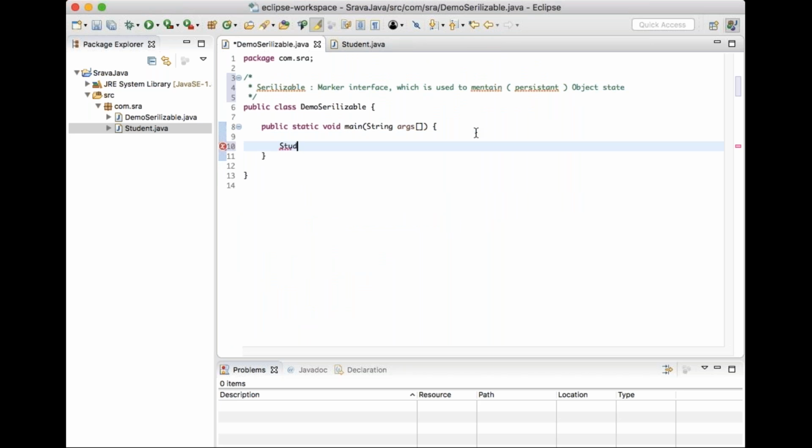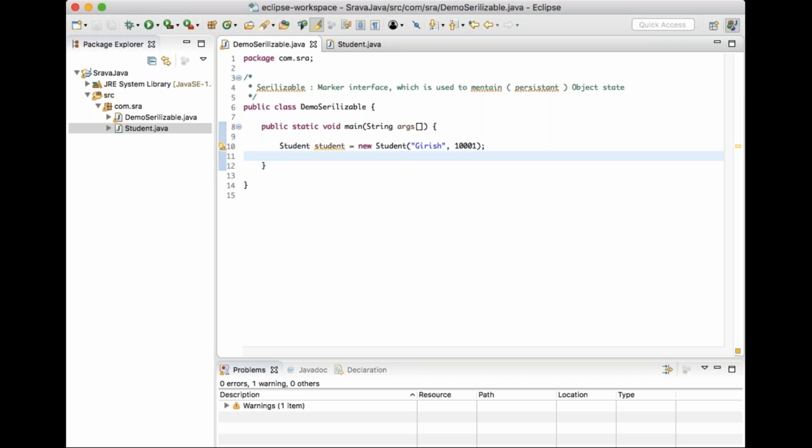Now I have created one object: Student student equals new Student with name and roll number. Here I have an object. What I need to do here is save this object state. For that, I need to use